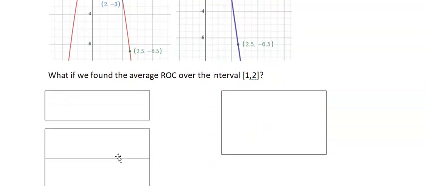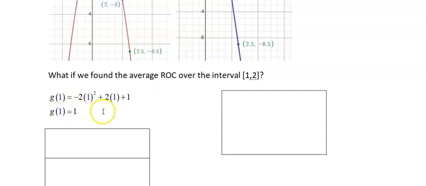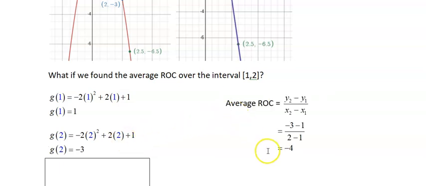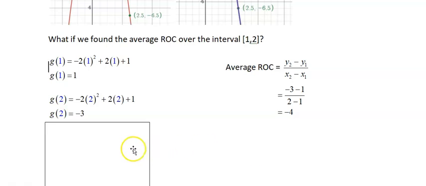So I would go through the same steps. I would plug in an x of 1 and then an x of 2 and find those 2 points. If you want to try it and see if you can find the average rate of change, you should pause now and give it a try. I'll show you the answers that I calculated in advance. So g of 1 is 1. G of 2 we calculated previously, it was -3. And when I plug in and calculate the slope, it's -4. And visually,